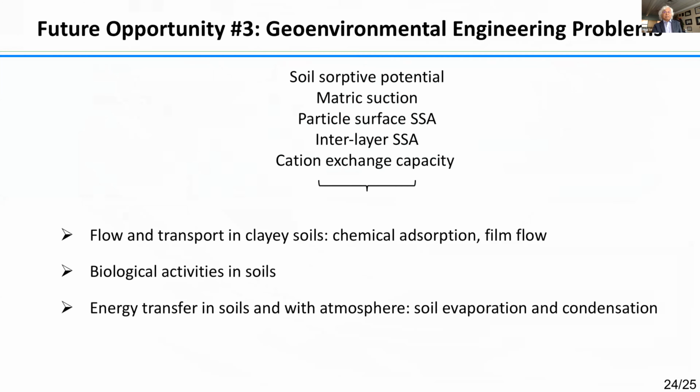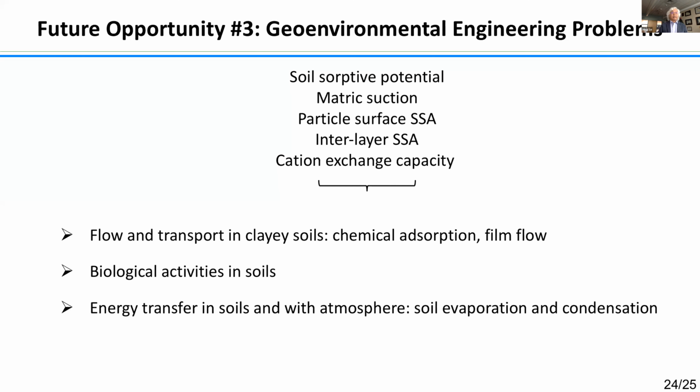And finally, the geoenvironmental, which most of the audience here are very concerned about. In the three categories I put here, there is flow and transport: how the water is going to interact with the soil, how the chemical is going to interact with water and the soil. And that has a lot to do with the equilibrium pressure and the film water, because they are attached to that. And there's some indication over the years that the film water cannot be well described by Darcy's law, for example. Biological activity: pressure and temperature are the key, particularly pressure, whether living beings in soils, how they